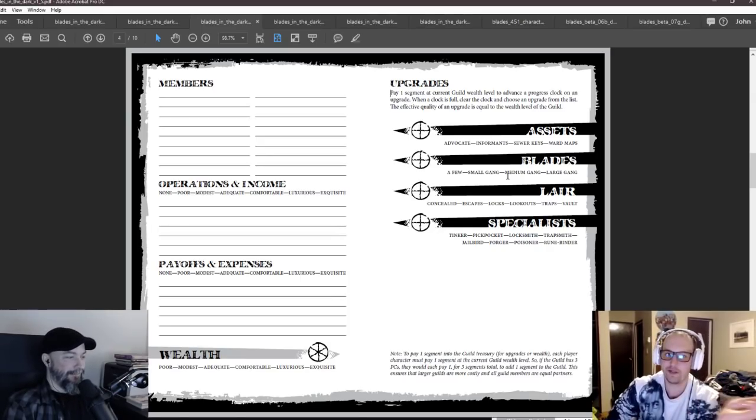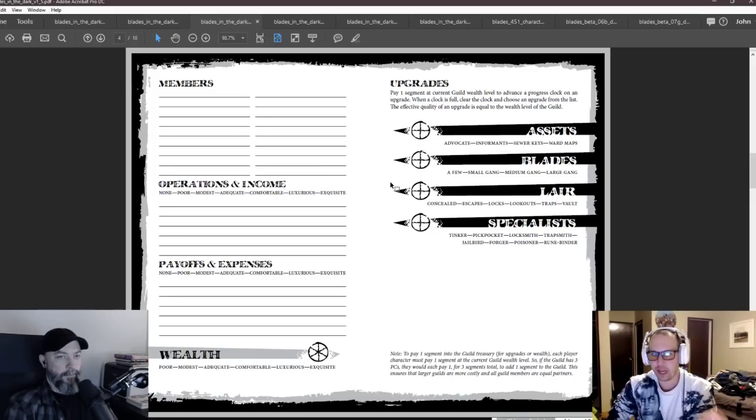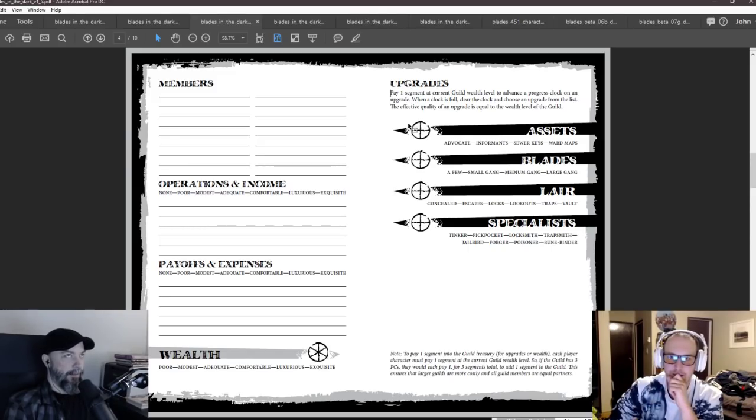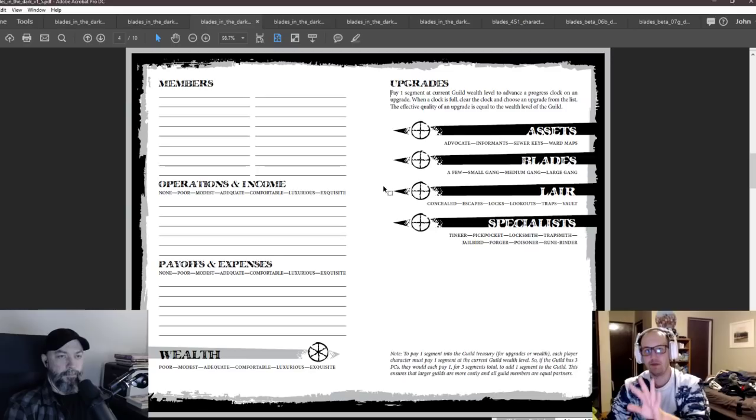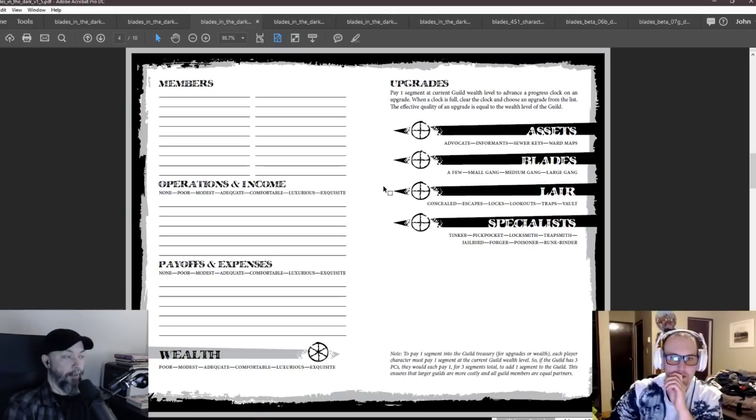Yeah. Which I found really common when I was starting to hack Blades. I had to really ask myself, do I need this part of Blades that I'm bringing in? Do I need to include this mechanic from another game that feels like it fits but maybe doesn't? Or how blind am I being to the ways in which this doesn't map to what I need it to? It took actual play to see it, because on paper it makes sense. Yeah, exactly. I can totally see how you came up with all of this, and that it does make a certain kind of sense. A lot of things make sense on paper.